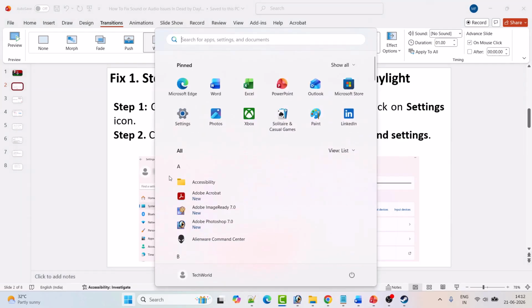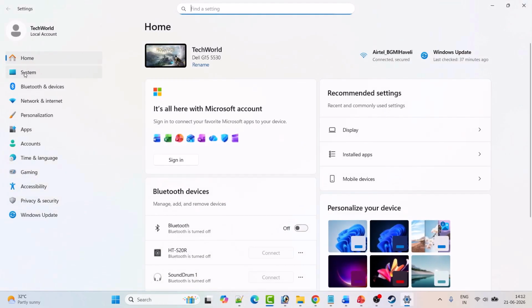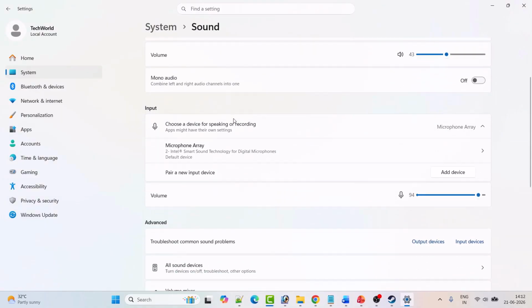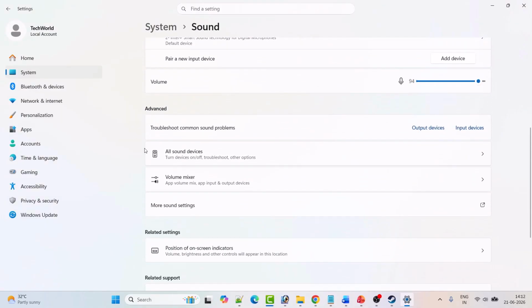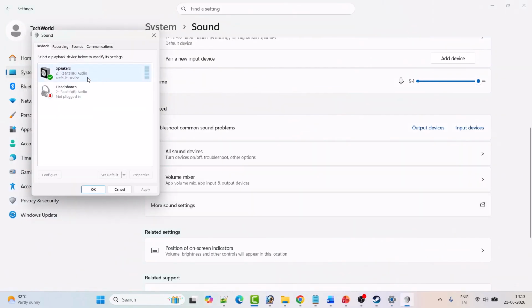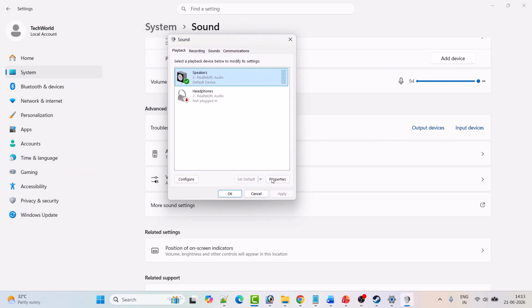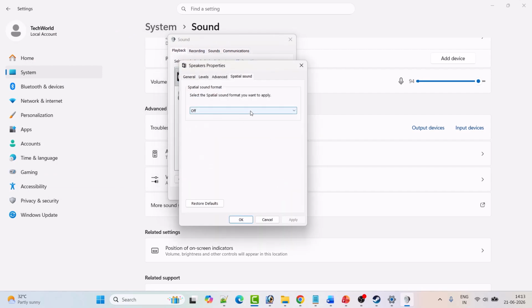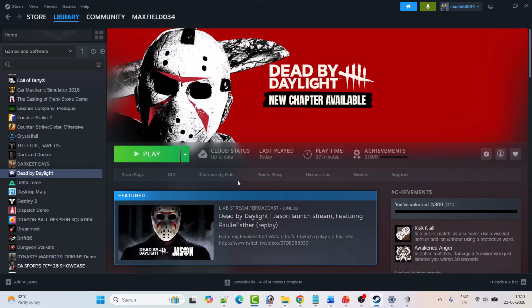So open Windows settings. On the left click on system, click on sound, scroll down. Under advanced option click on more sound settings. Then select your default device, for example speakers, and then click on properties. Go to the spatial sound tab and from the drop down first select the off option, then hit on apply, OK, and then go ahead and launch the game and check if your audio or sound problem is fixed or